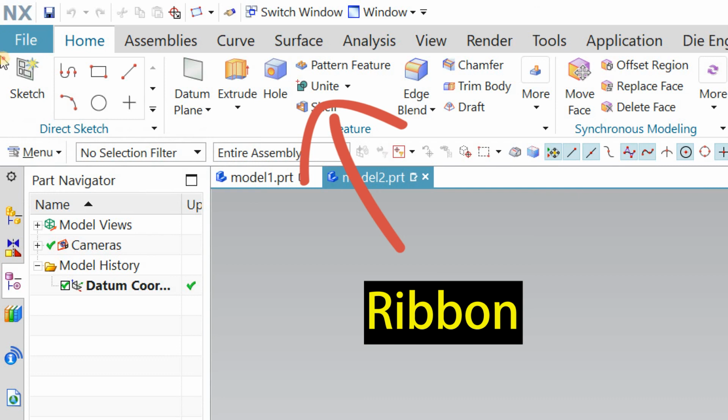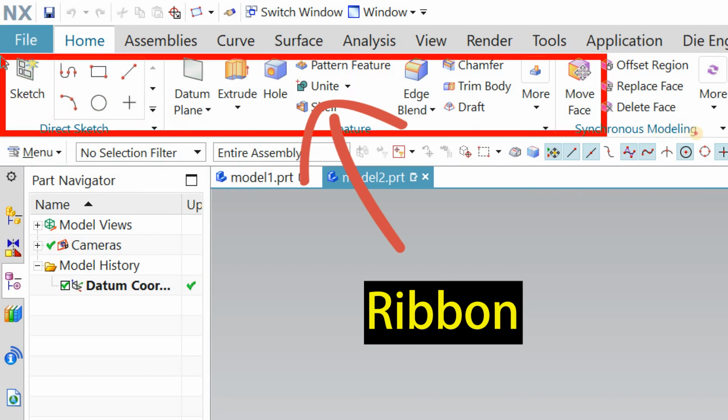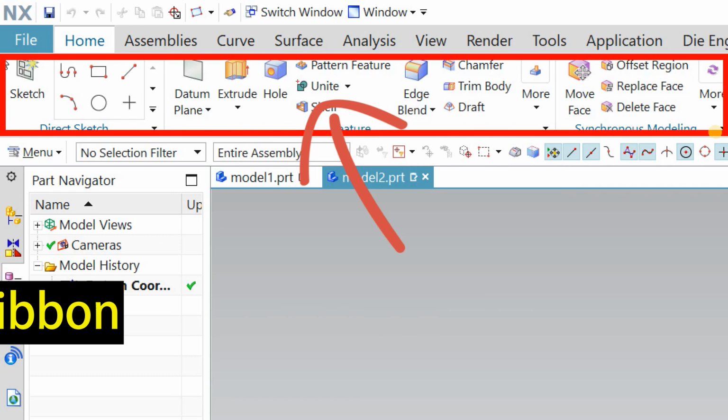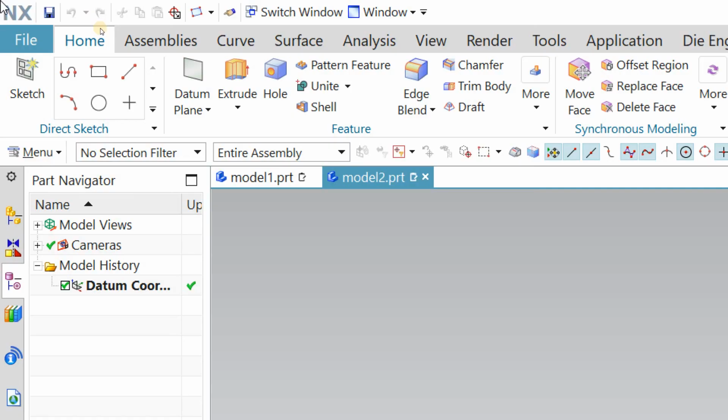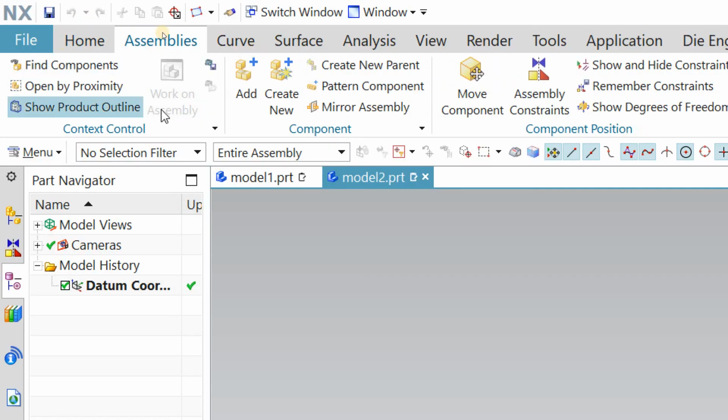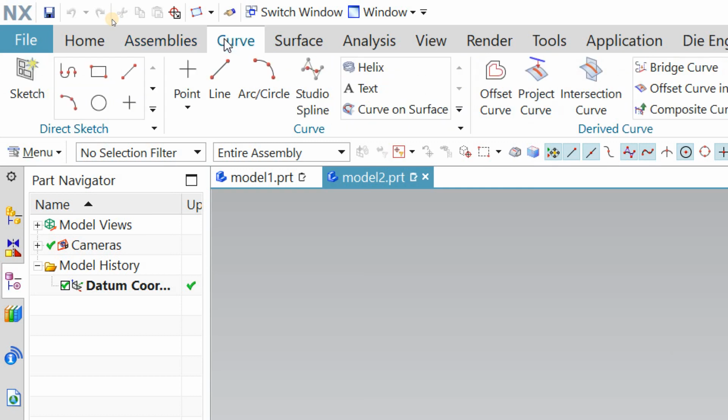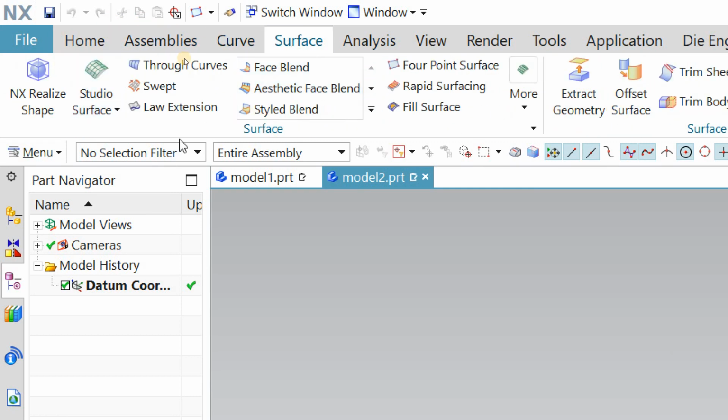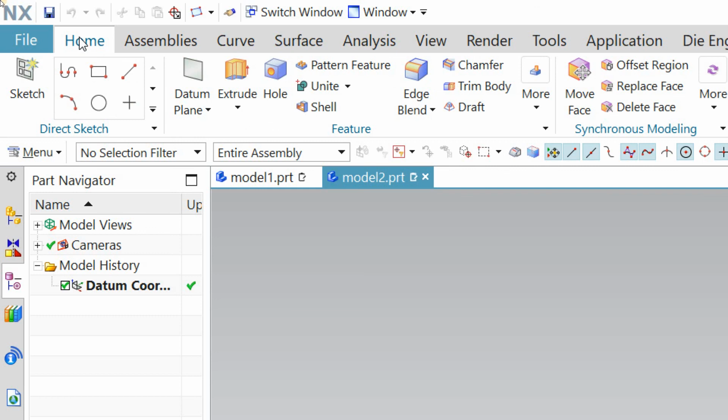Let me highlight this also: all these that are available are called the ribbon. If I click on assembly, you can see other ribbons. If I click on the curve tab, other ribbons are there, and the same for the surface tab. So you saw the quick access toolbar, then tabs, then ribbons.